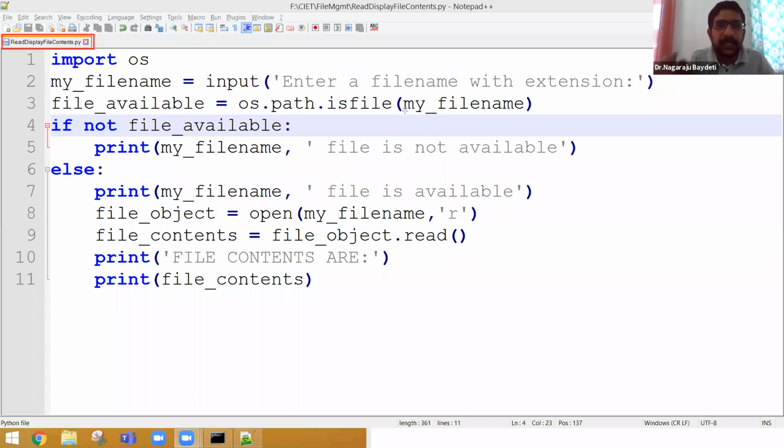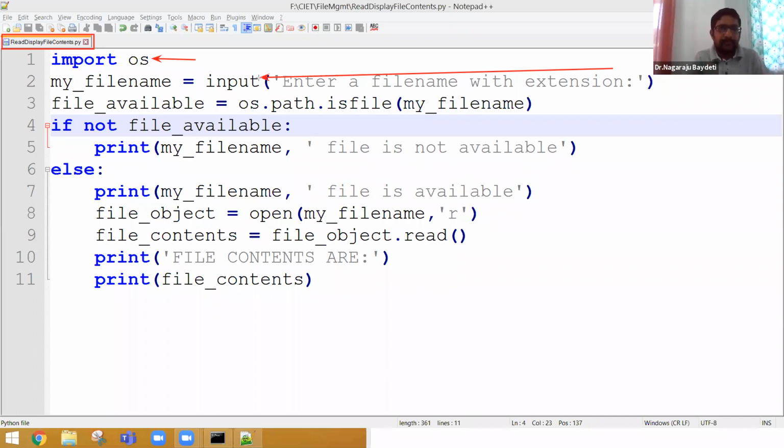I am writing one Python program. The Python program file name is read display file contents. I believe everybody understood the first line. First line is importing the OS package.